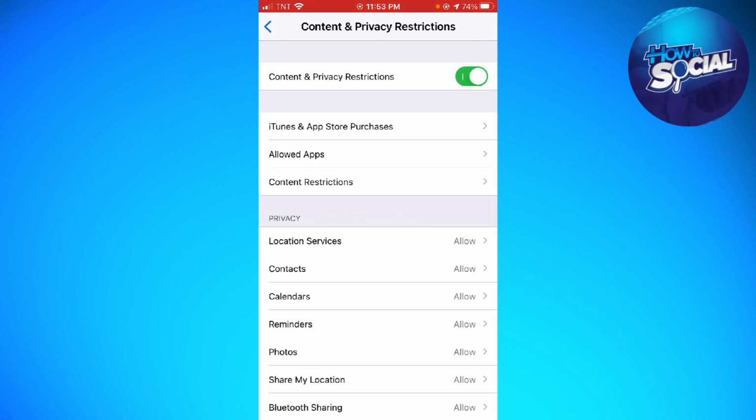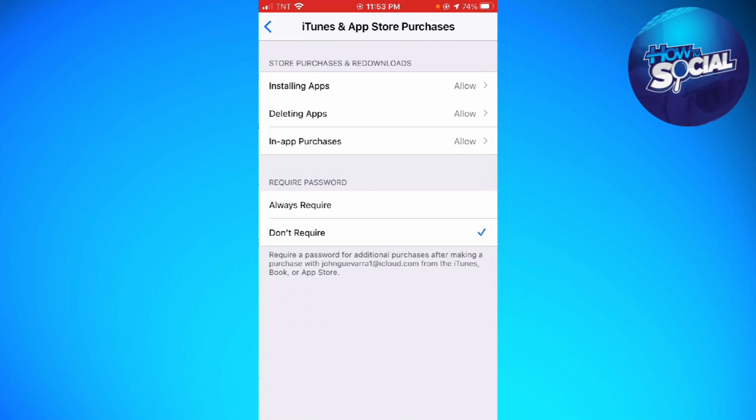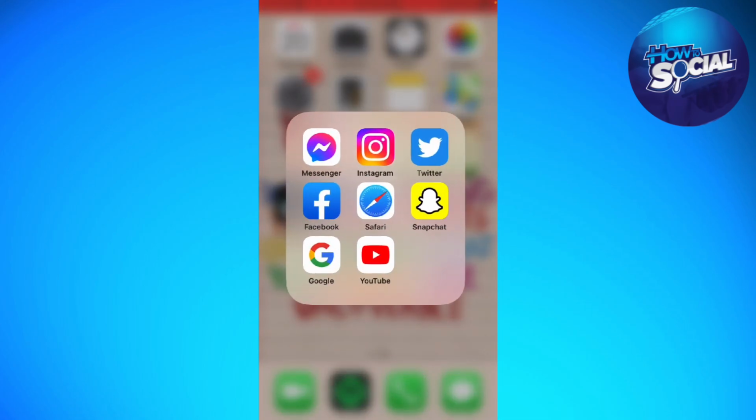Click on iTunes and App Store purchases. You want to allow installing apps, deleting apps, and in-app purchases, and you want to choose always require. Okay, so once you've done that, just go ahead and open your